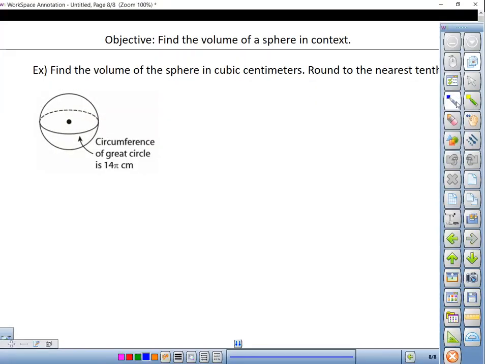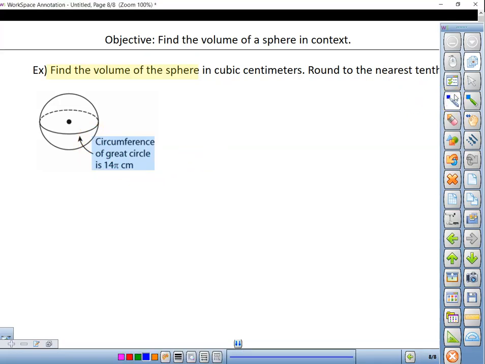So I mentioned at the beginning of the lesson during the concept portion that we have to know the radius of the sphere to find its volume. And there are actually different ways that we might have to find the radius. In the problem so far, we've seen finding the radius using the diameter. Here, we want to find the volume of the sphere in cubic centimeters, which is good because we have centimeters, but we are given the circumference of a great circle as 14 pi